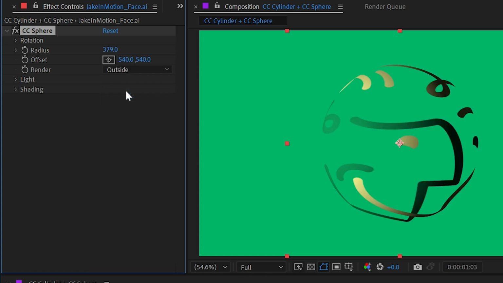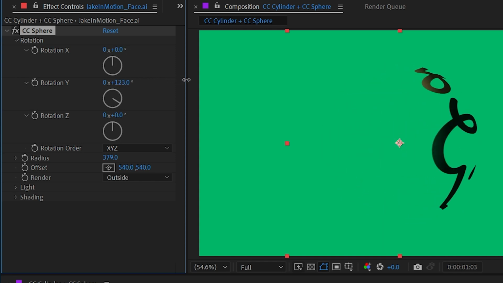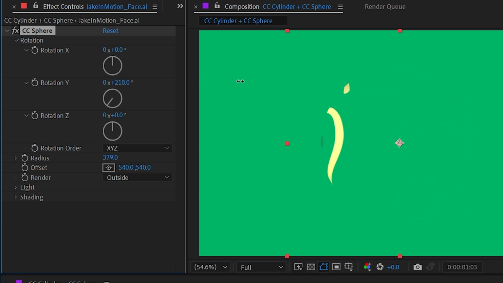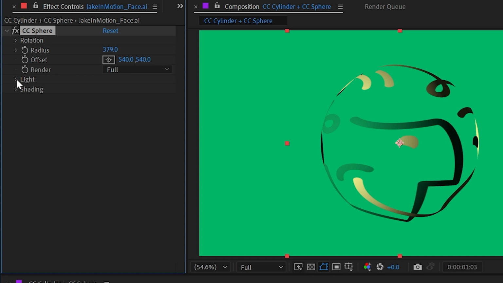So if I turn it on just the outside and then I go back into the rotation, and rotate it around on the Y axis, as soon as we're able to see the back side of it, it disappears. And this is really useful if you want to put something between the front and back sides of the sphere. You would need two duplicates of the layer, but this allows you to do that very easily. I'm going to change that back to full, close up my rotation,